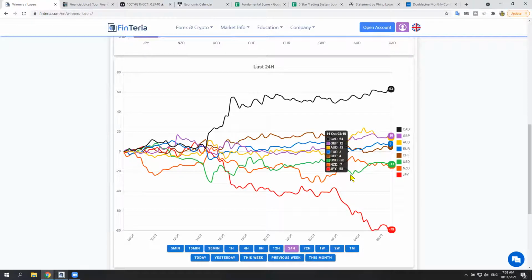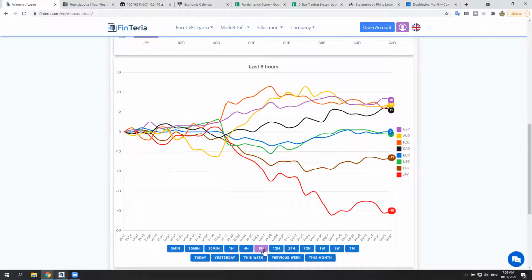So let's start our analysis. First of all, it's Monday, and I prefer to look at the beginning of the trading week, specifically at the Asian session. So I will choose 8 hours, and I will clearly see the tendencies over the last 8 hours. Here we see that many currencies are mixed, but still some tendencies can be noticed. The first thing that we notice is that the Japanese yen was the weakest currency, and it fell by 0.4%. So the values here are in percentage points.